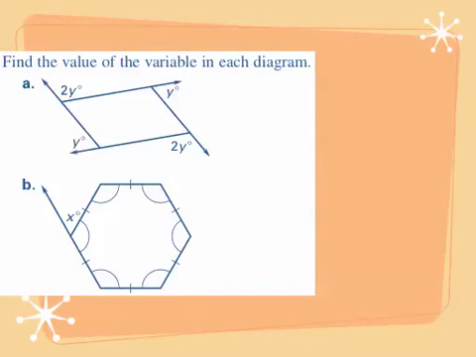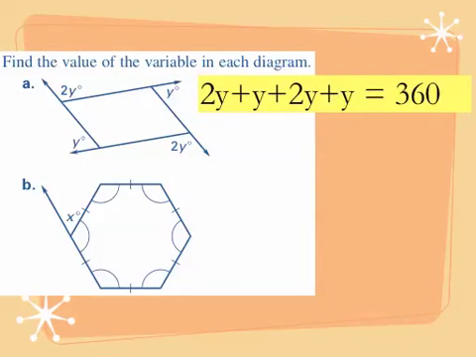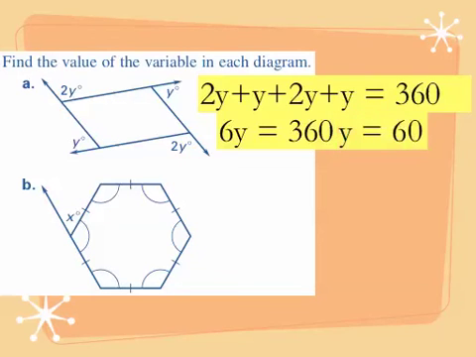This question asks us to find the value of the variable in each diagram. If you notice, for question A, we have a quadrilateral. We have one exterior angle at each vertex, and we know that the sum of those 4 exterior angles should be 360 degrees. So 2y plus 2y plus y plus y equals 360. Go ahead and combine your y's. You get 6y equals 360. Divide by 6 on both sides, and you find that